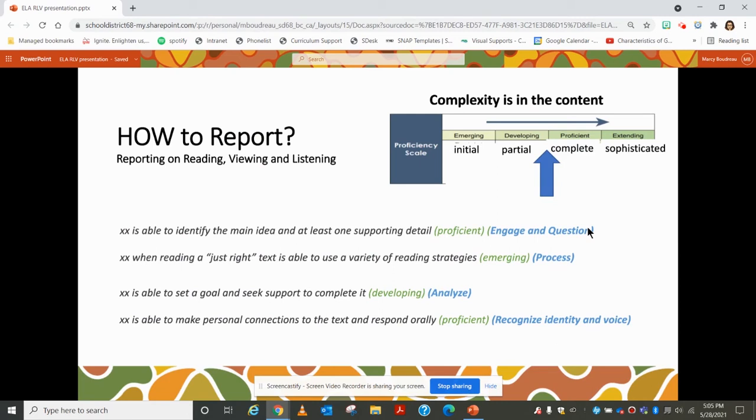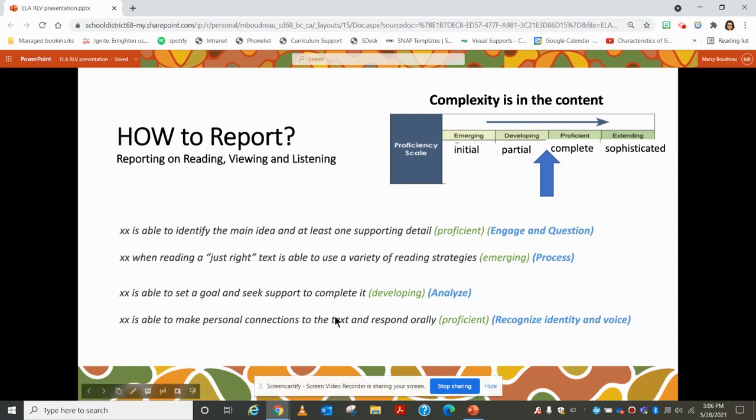It can be very complex. A child may be able to identify a main idea and one supporting detail, as seen here, using a just right text, which may be a lower level text, but they're able to set goals and they're also able to make personal connections. In this image, you can see that it's very important to use your professional judgment as well as understand the child's exhibiting the skills through possibly orally sharing information, through viewing, where you may have to come to a decision where using a lower level text, exhibiting some of the skills lands a child, in this case,